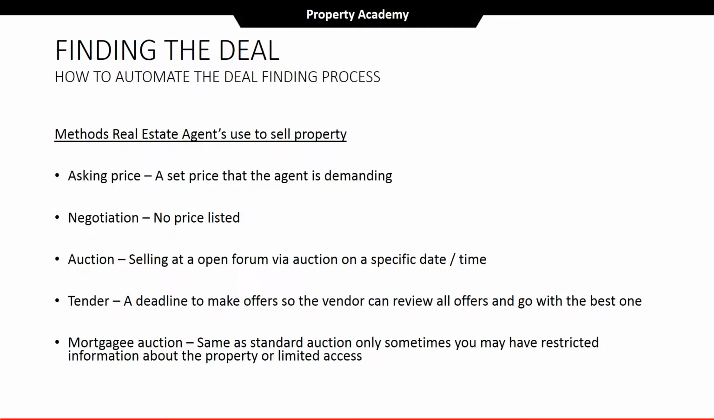It's also important to understand the different methods real estate agents use to sell property. So I've got a list of different methods they use to sell the property, and I'm just going to cover this briefly because I touch on this more in week 5, where we talk about offloading of the property. So just to go over this quickly, you've got asking price, which is a set price the